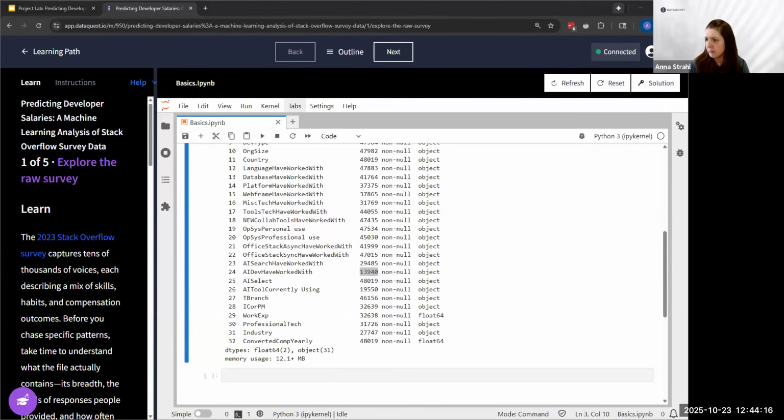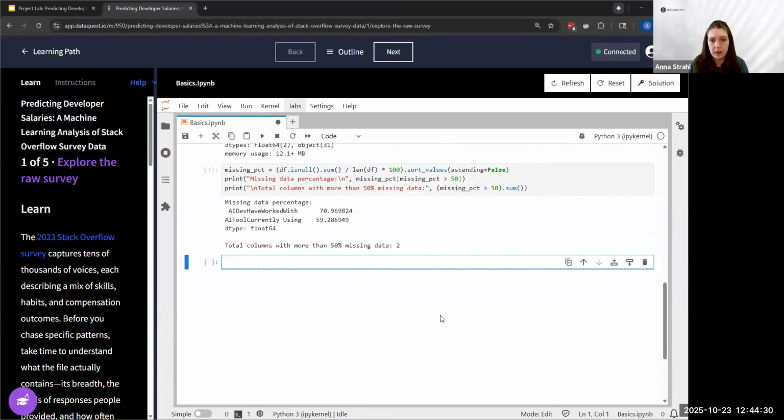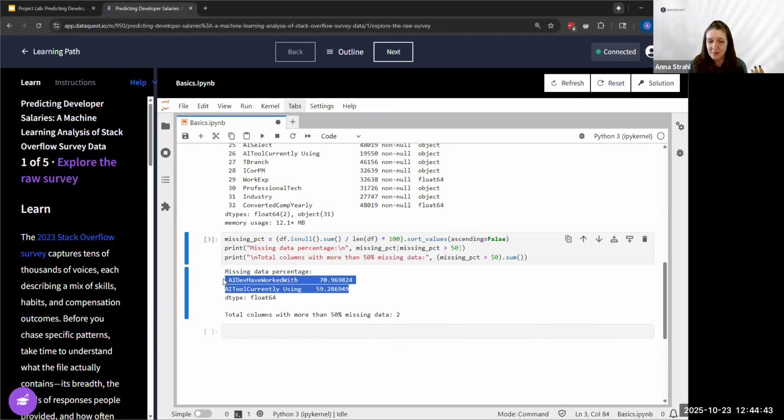So in our next cell here, we're going to calculate the percentage missing for each column in our data frame. And we can see here that we have two columns that are missing more than 50% of their values. We have AI dev have worked with and AI tool currently using, missing 71% and 60% of valid data points.